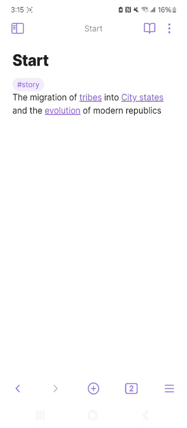Jump cut. I don't really remember what I said. The migration of tribes into city-states and the evolution of those city-states into modern republics. Okay, so we're gonna go a different direction. We're gonna try using a chessboard. We're gonna piggyback off a chessboard and the chess set of pieces to, in a very, very abstract sense, represent